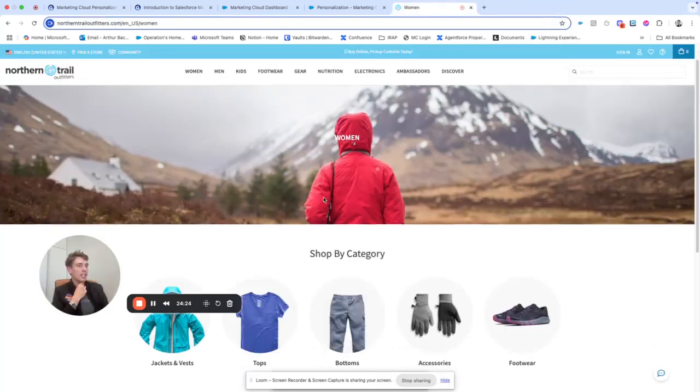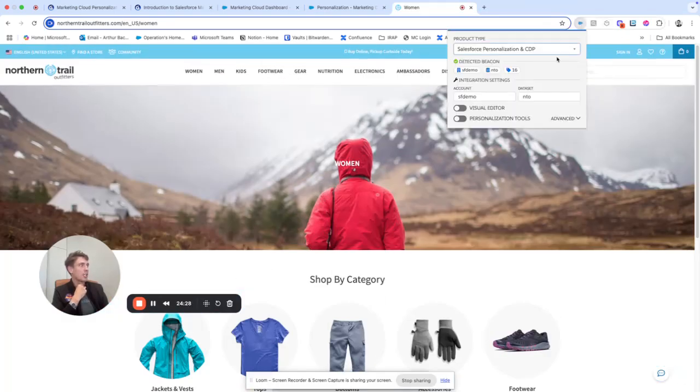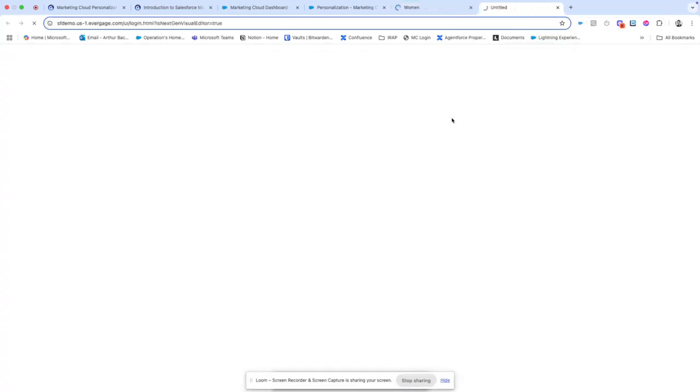Once I get this extension installed, I will be able to click here and click on the visual editor. Personalization is the platform that we have seen, but it's also a Chrome extension